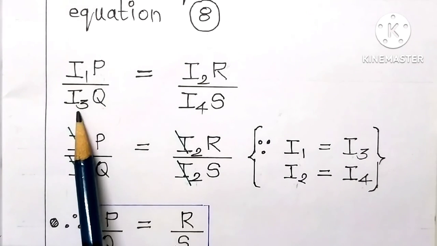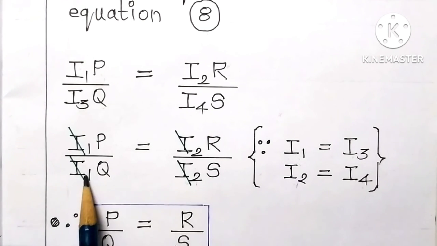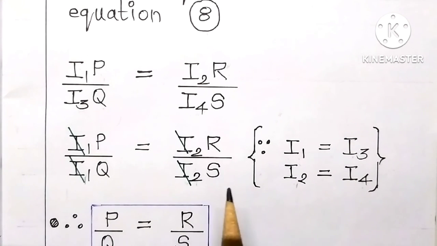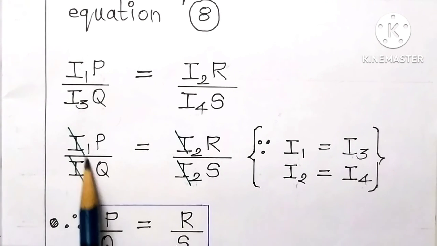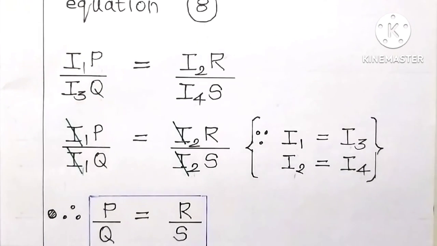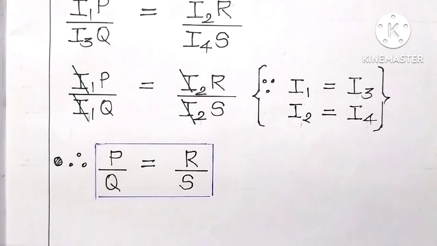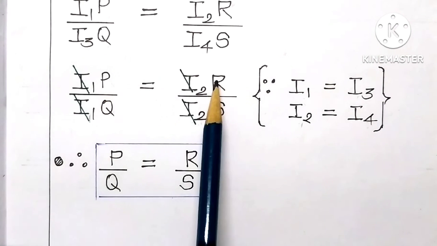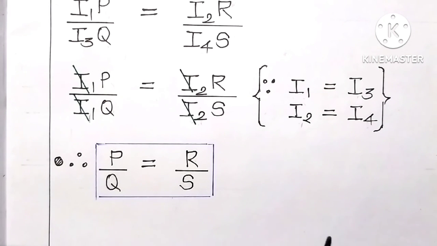So in the place of I3 I am going to write I1, and in the place of I4 I am going to write I2. I1 and I1 get cancelled, I2 and I2 get cancelled. So finally what do we get? We get P by Q is equal to R by S. This P by Q is equal to R by S is the balancing condition